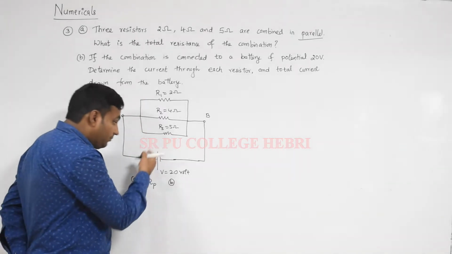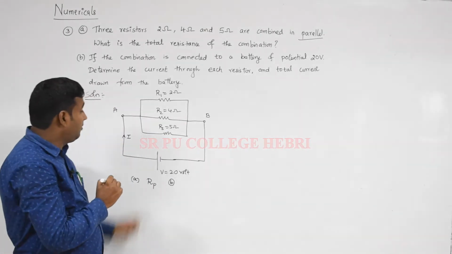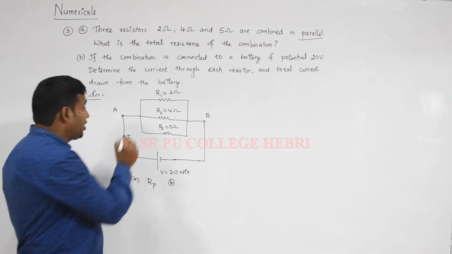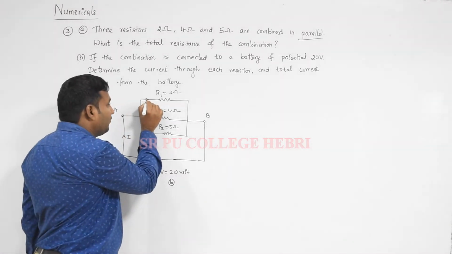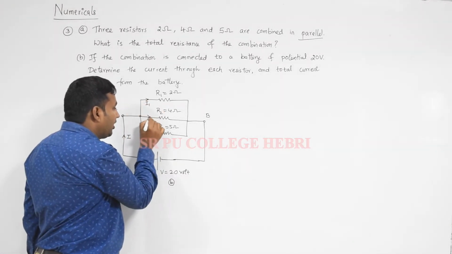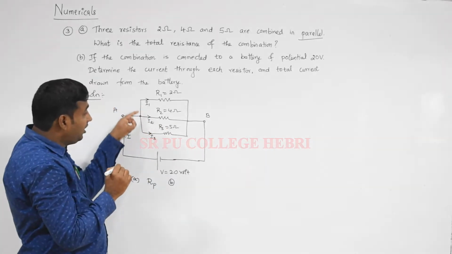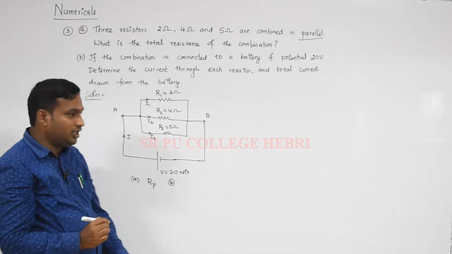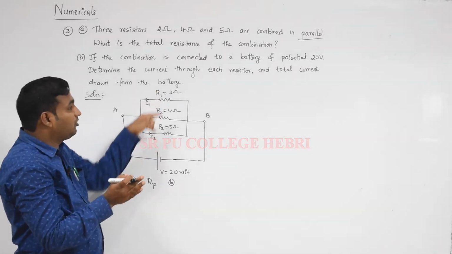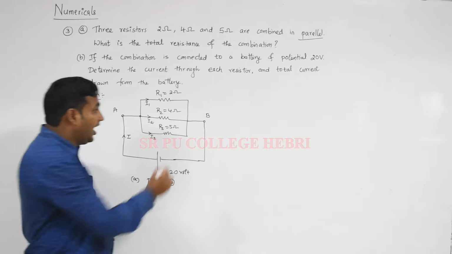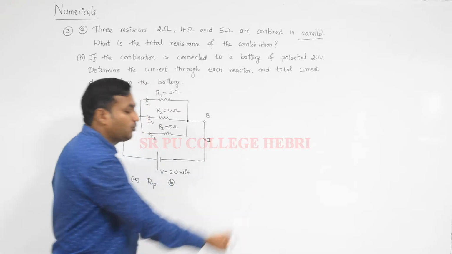Just imagine from the battery, this circuit will draw the main current I. I is called the main current drawn from the battery. It reaches this particular point and is divided into 3 branches, and through R1 the current flow is I1, and through R2 the current flow is I2, and through R3 the current flow is I3. These I1, I2 and I3 are called branch currents. When it reaches this particular point, the main current I is divided into 3 branches depending on the 3 resistances R1, R2 and R3. Again at this particular point all are joined together. Again we get the main current equal to I.